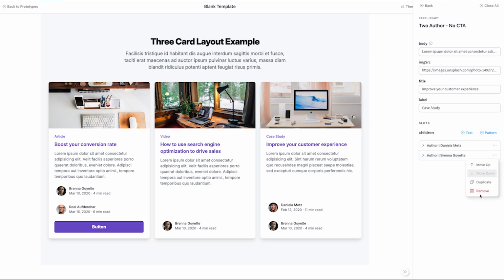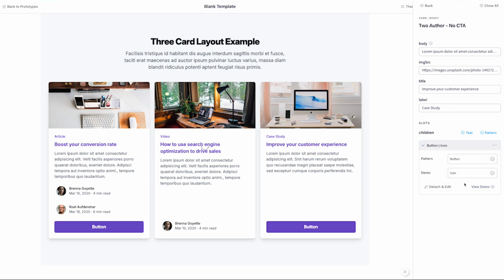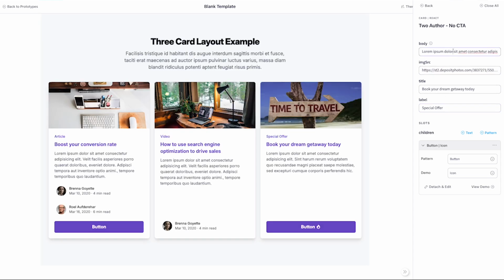I'm going to get rid of one of the authors, and I'm going to change this actually to a button. We're going to make it one that has an icon, and we're going to go in, and these are all the preset examples. I can actually customize it further. Let's say this is going to be something about a travel site. Got a little image. There we go, and we'll hit the lorem ipsum, and I can go into this and say,